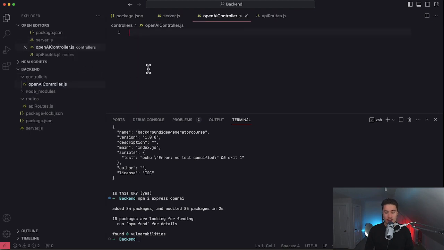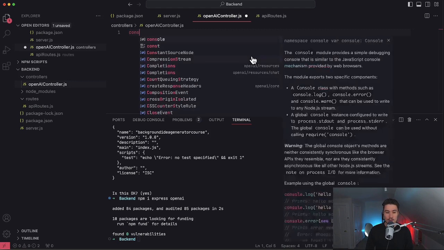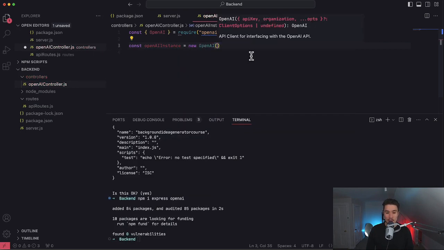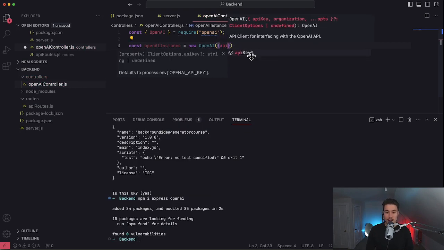And we're just going to include all the logic in one function here, where we'll take our response from our front end, and then we'll send it back to the front end after it's been generated from the AI. So what we'll need to do first is import the OpenAI API at the top. So it's const OpenAI is equal to require OpenAI. So next we need to instantiate an instance of this. So const OpenAI, I'm just going to change this to OpenAI instance here, so it's a little clearer. It's going to be equal to new OpenAI, brackets, curly brackets,